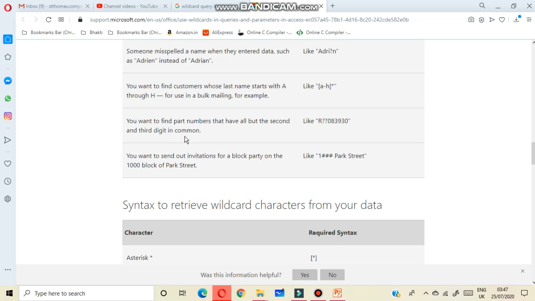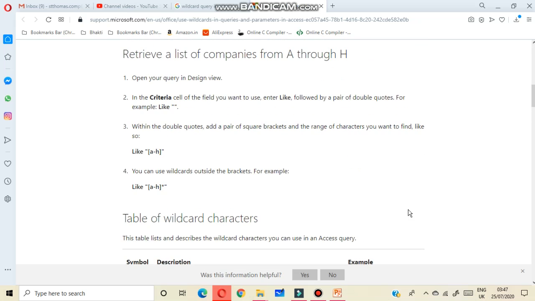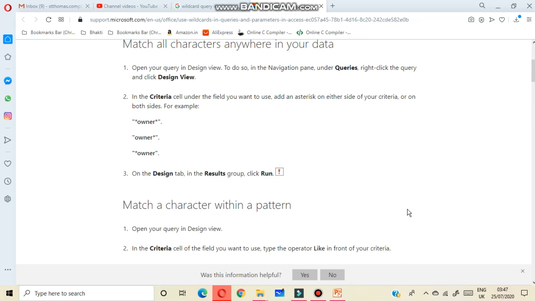You want to find part numbers that have all but the second and third digit in common. You want to send out invitations for a block party on the 1000 block of Park Street. So that was your explanation of wildcard character.